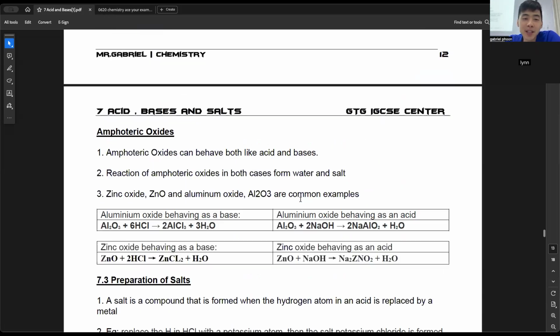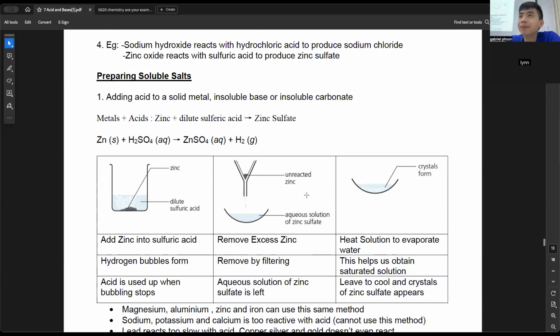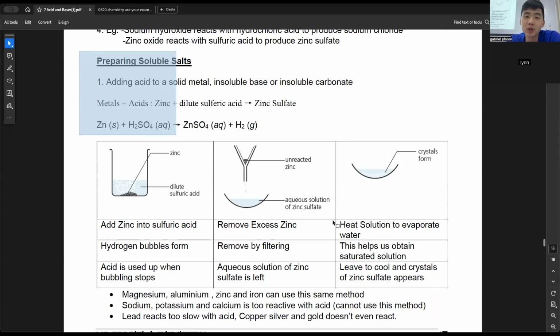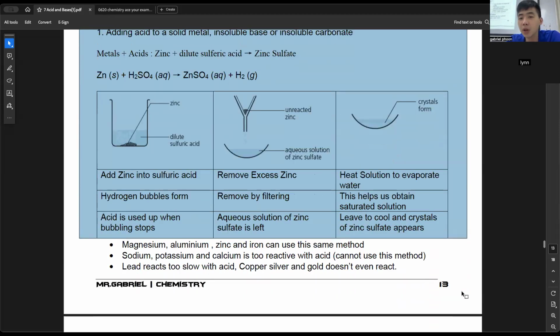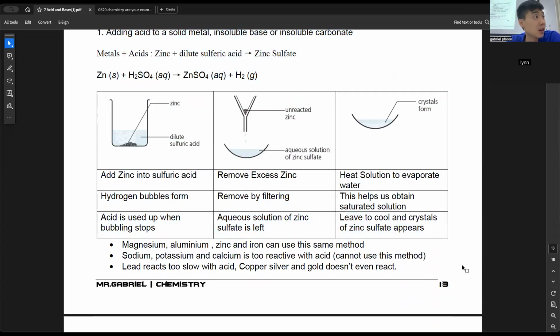I just want to emphasize one thing. I hope, which I know is not the truth, I hope most of you guys actually read through the ways to prepare salts. Because as I emphasize,